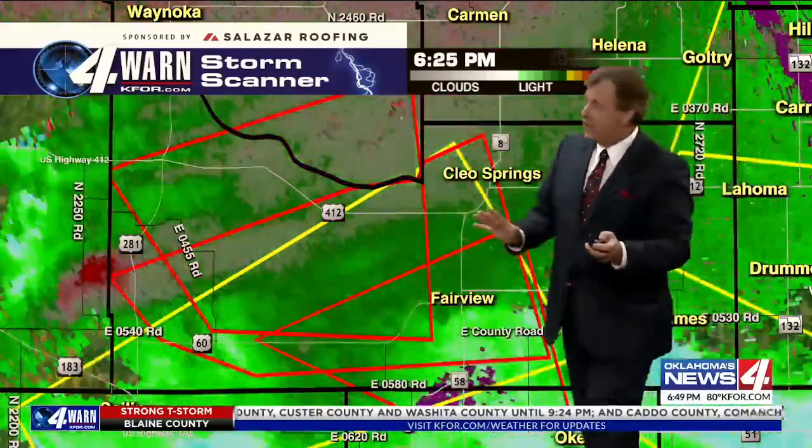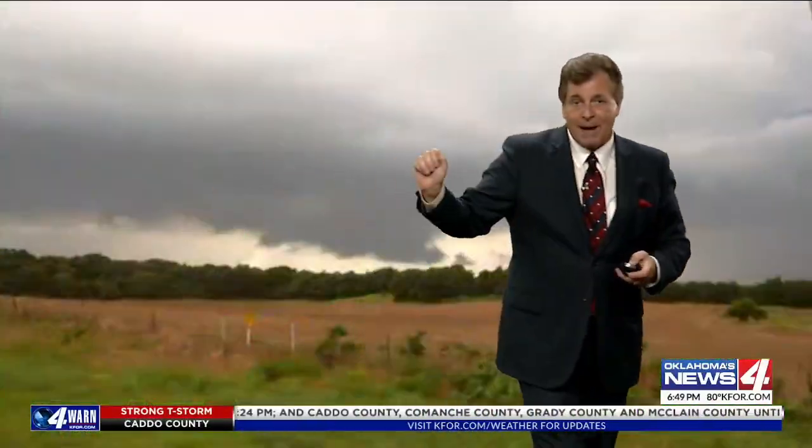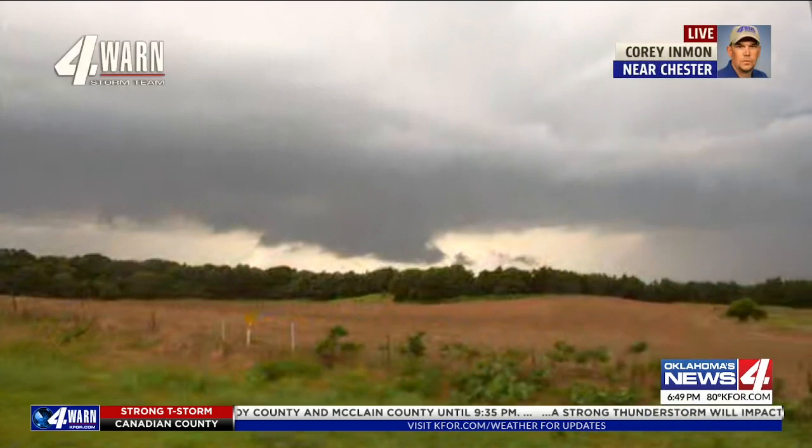Let's go to Corey Inman on the storm that produced the tornadoes out there by Mutual. Still has a wall cloud. Corey, we're talking about this big blast of wind coming in, and you have a wall cloud there. There is still some broad rotation right there, and this is to the west of Fairview. Yeah, Mike, that thing just kind of formed there in the last minute or two. We're heading towards